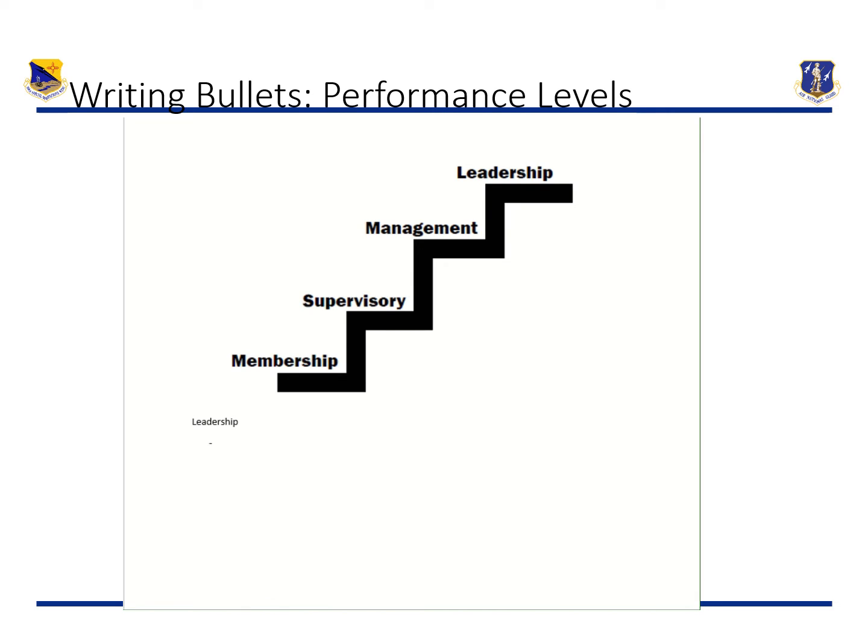Now, generally speaking, leadership level performance usually depicts strategic involvement, things that are expected from a leader. However, anyone working at any level has the potential to perform at the leadership level. Some of the things that we think about here is the scope, for sure.